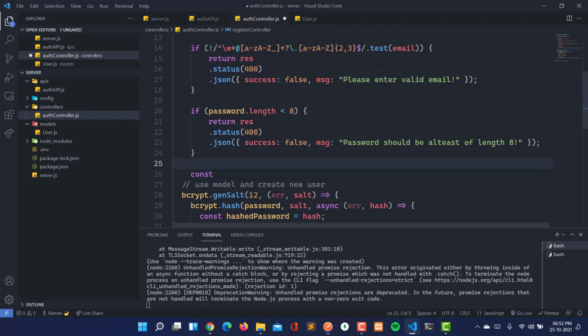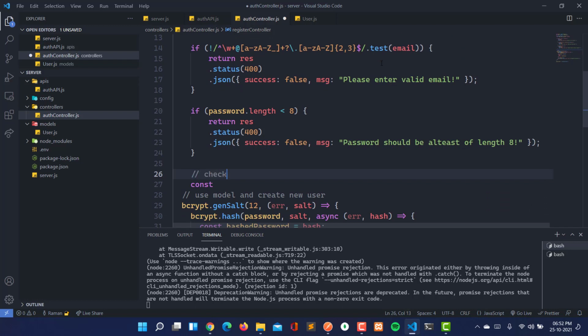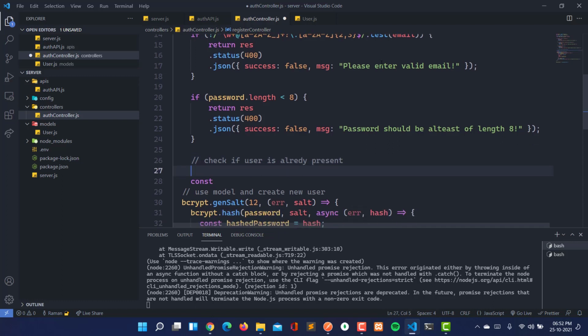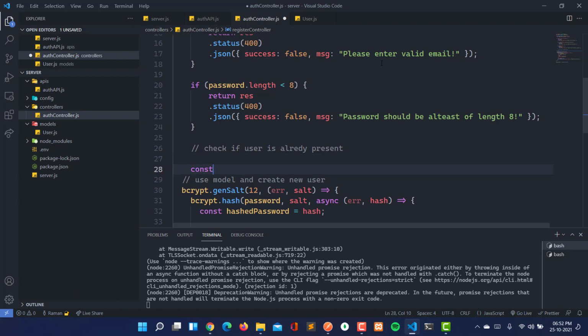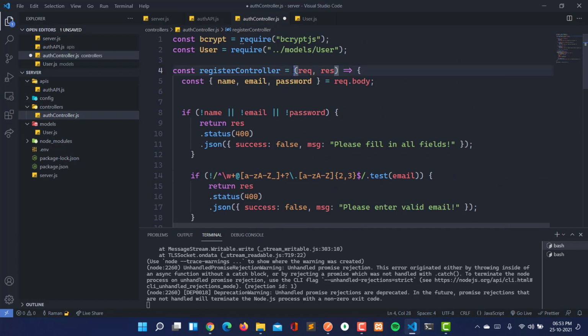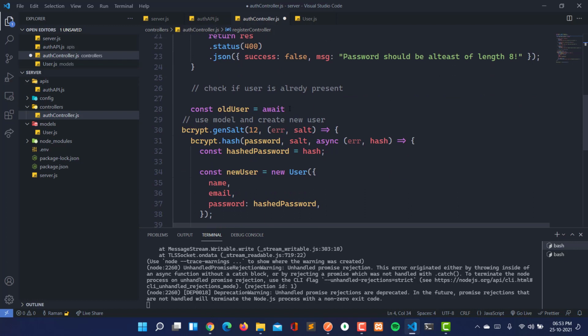Here we will check if the user is already present, like a constant old user. Here we are going to use await, so we are having async await, and I'm going to use async here.